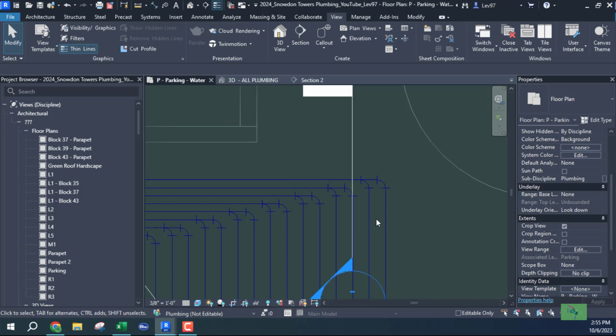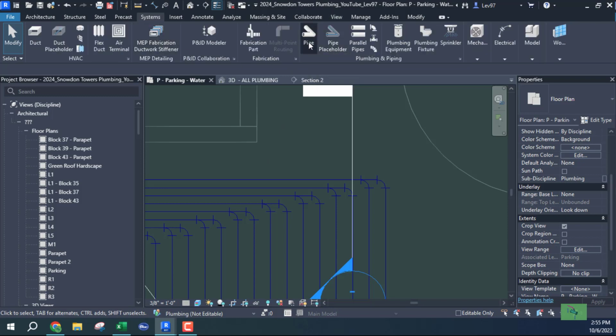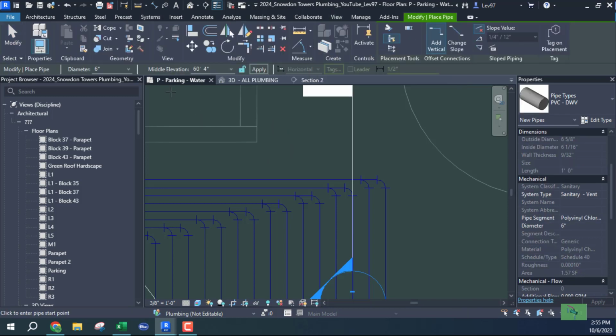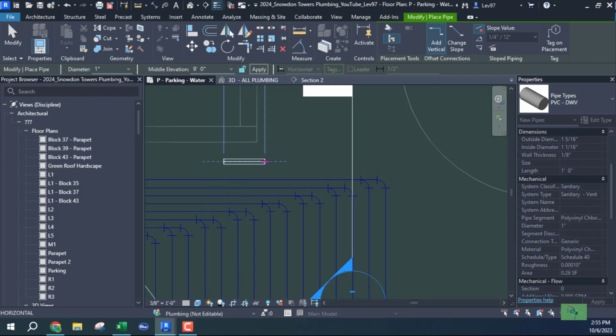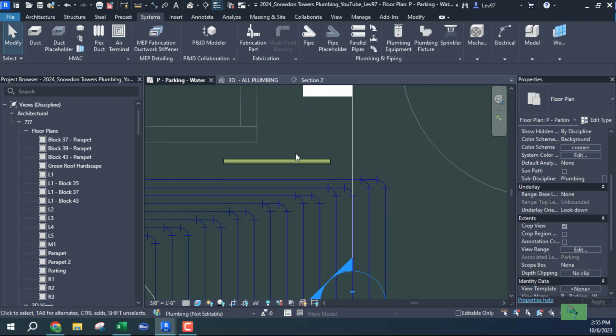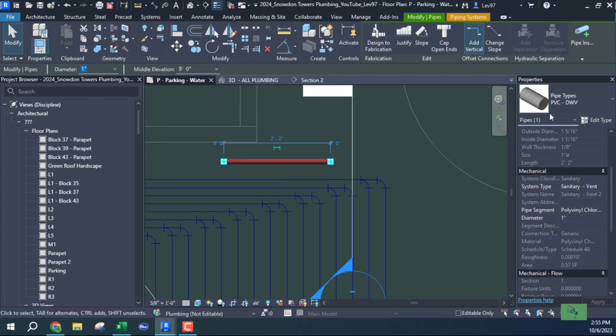I think these are 1 inch. These are 1 inch pipes, and I'm trying to duplicate it by going to, let's do systems and go to pipe, and I need a 1 inch pipe, middle elevation. Let's go 9 feet. Let's go here. So that's my pipe. But I want it to be a cold water pipe, so I'm going to change that to